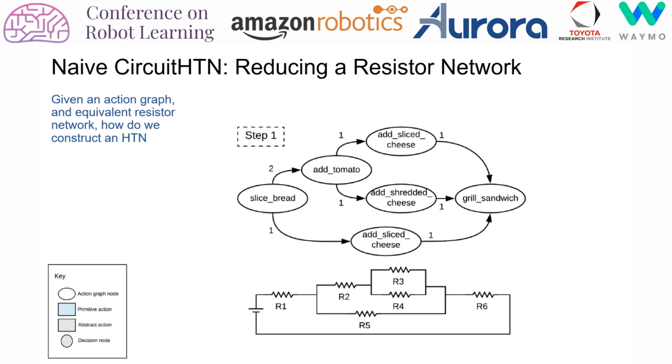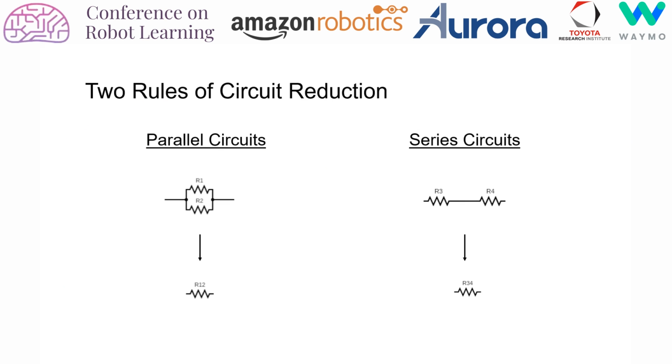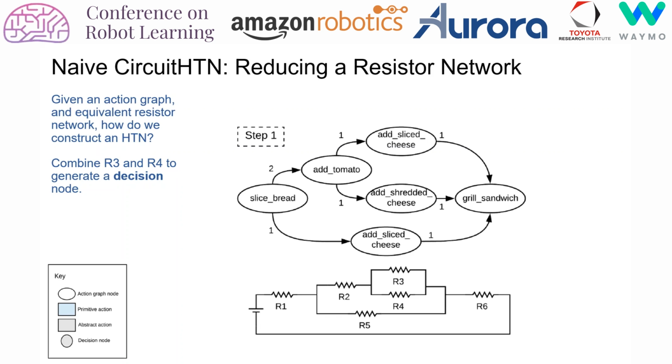We first build the equivalent resistor circuit for a given action graph, as shown in the diagram with the resistors. Then, we use rules for reducing a resistor network. There are two rules for reducing circuits. Two resistors that are either in parallel or in series can be combined into a single resistor. Coming back to our problem, we can use the rules we have described to combine R3 and R4, which are